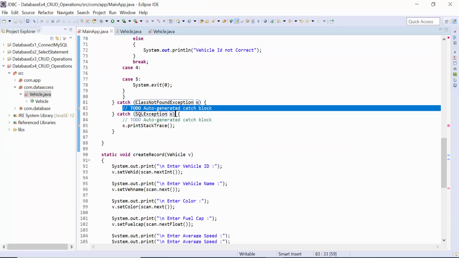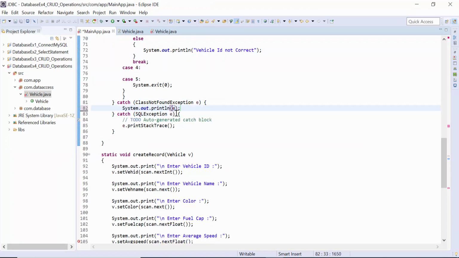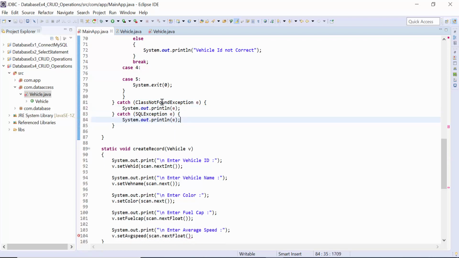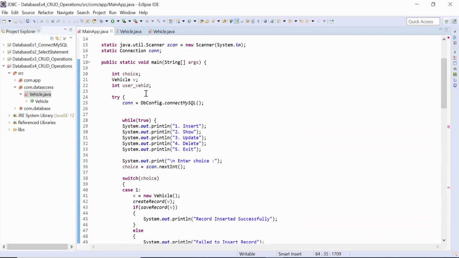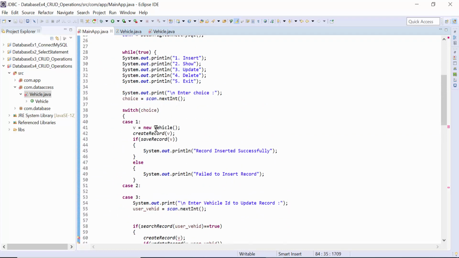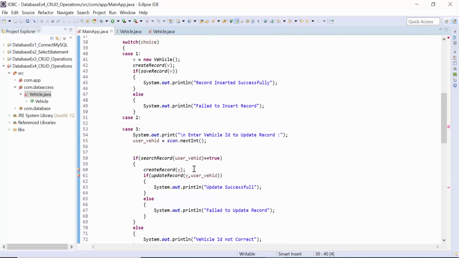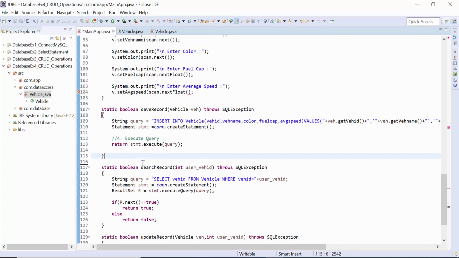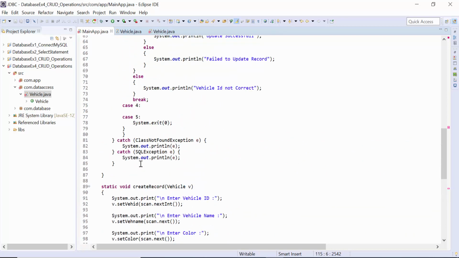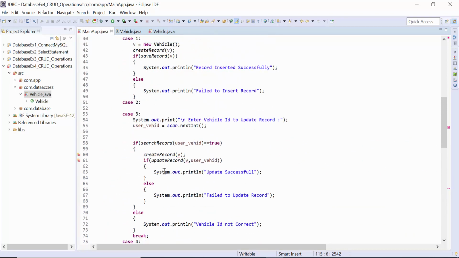And in this part we just write System.out.println(e). The same line I copy, and here we write it just to see what exceptions are thrown by the system. Now the code is ready, and one part remained, that is show records, and to show records we need to write such functions again. Okay, so if you compare the previous example and this example, this is nothing but project-oriented code, and in the previous one I just discussed with you step by step what the JDBC API is.